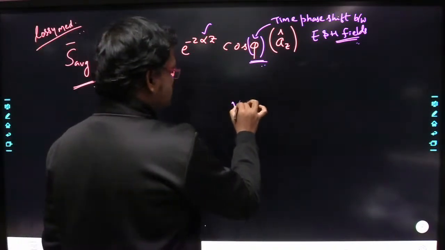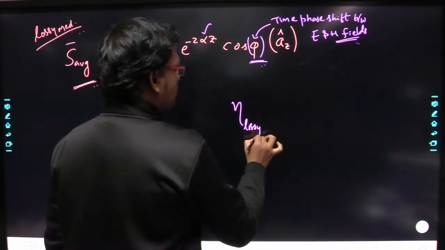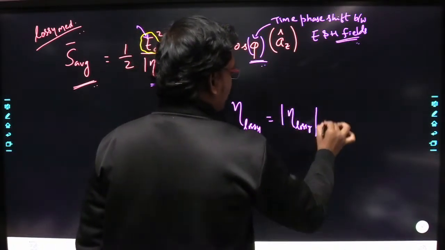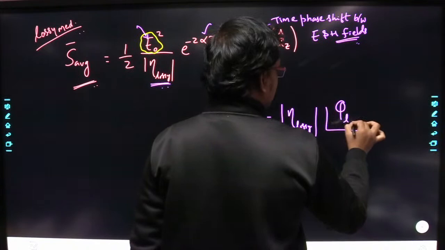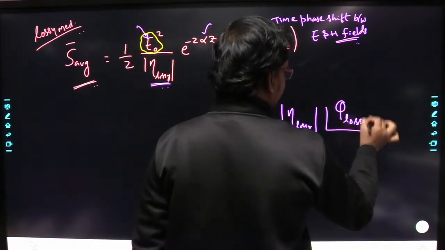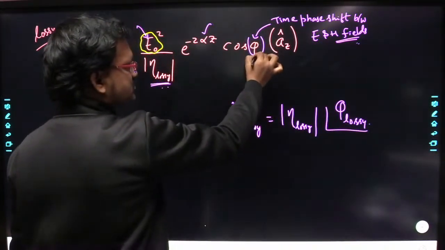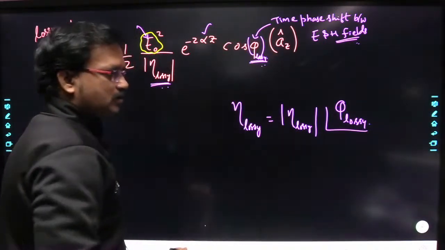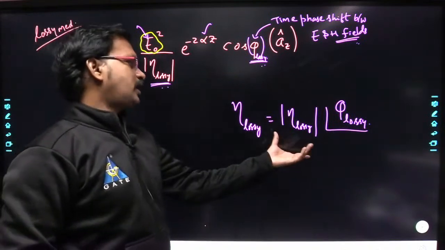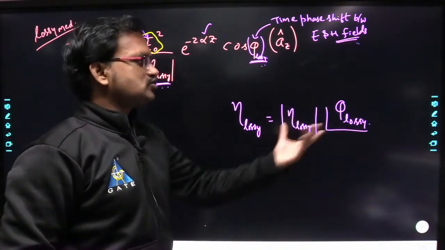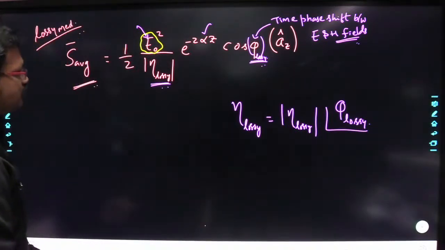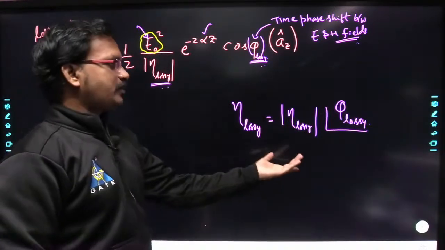So now, if you determine the intrinsic impedance for the lossy medium, then eta lossy is equal to the magnitude of eta lossy at an angle, and that angle is phi lossy. Understood? So if you want, you can represent it like this. You have to determine the magnitude of eta and also phi. So first of all, in order to determine these things,